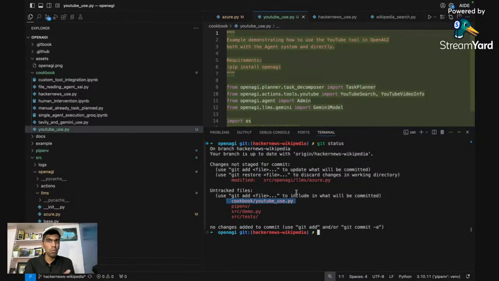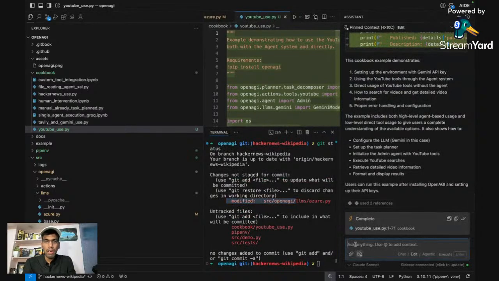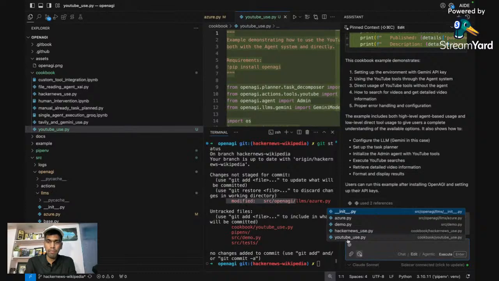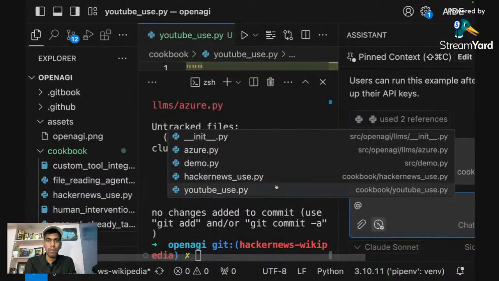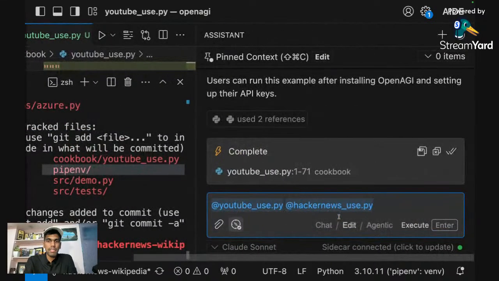If you want to create a new cookbook again, what you can do is open the assistant tab, click on the add symbol. So this is the syntax, click on add, then select the file name. Let me zoom my screen. Click on add. Then click on YouTube use case, then Hacker News use case, and just write a prompt.